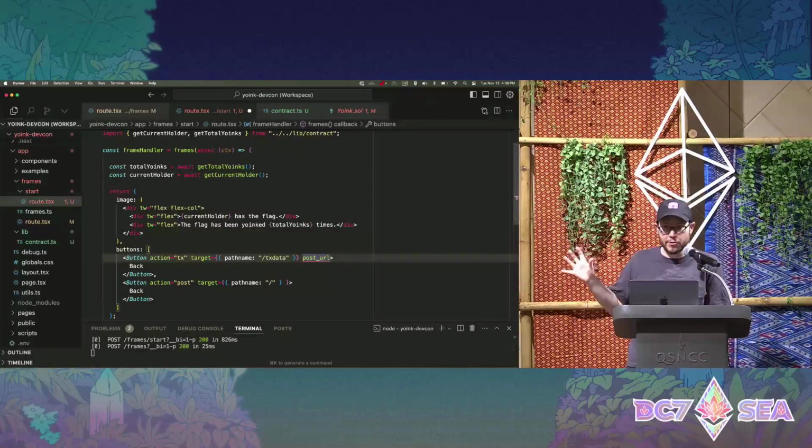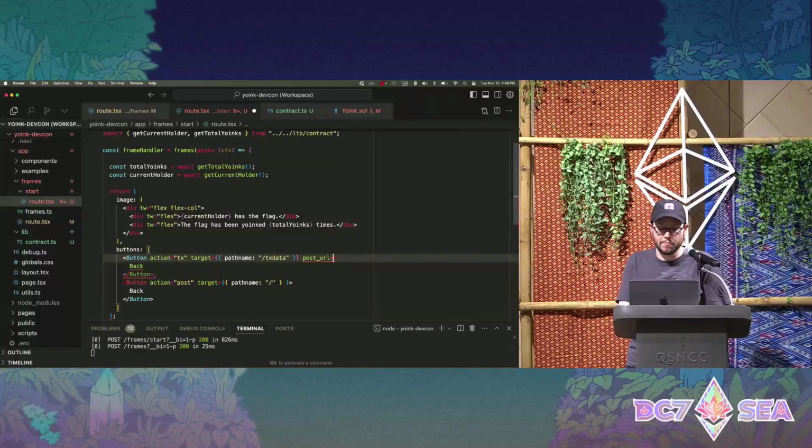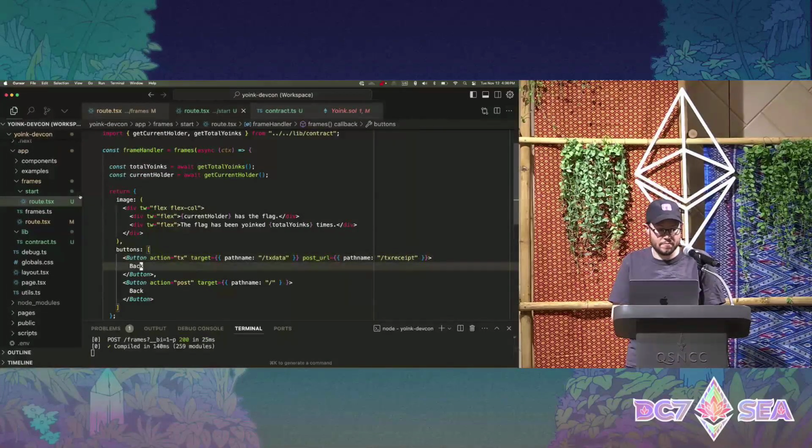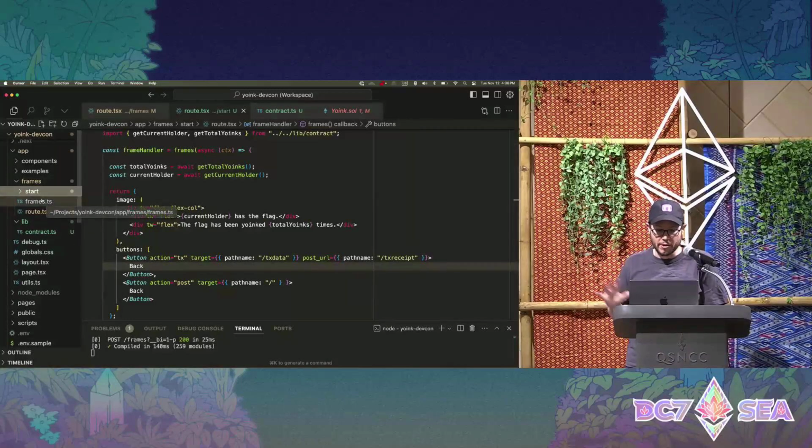So the target of this transaction action is going to return the call data, and then the post URL is going to be the action that handles the response. Let's call this receipt. All right, so two new routes.